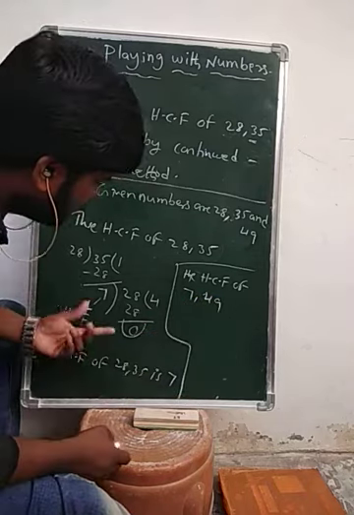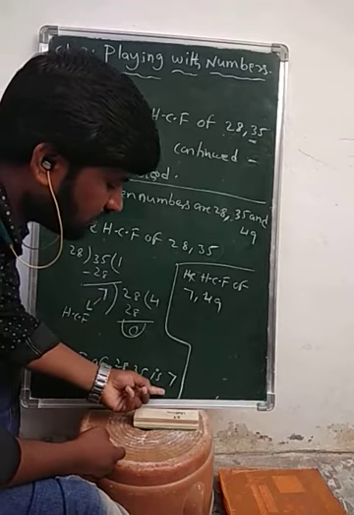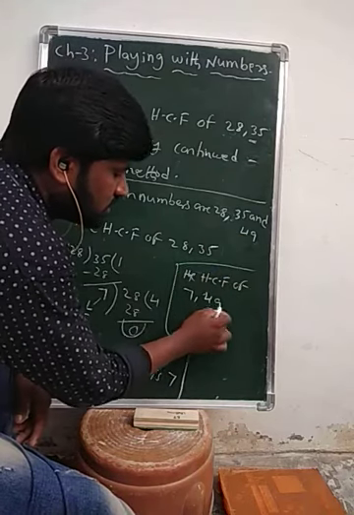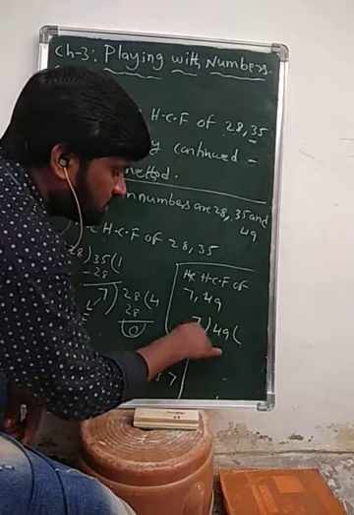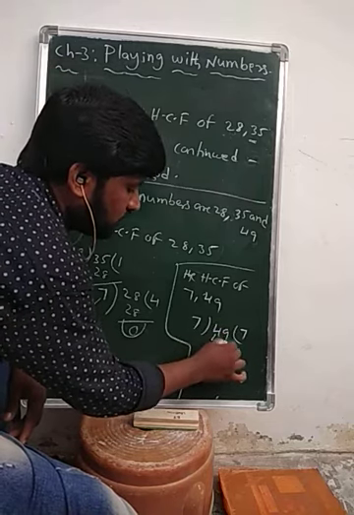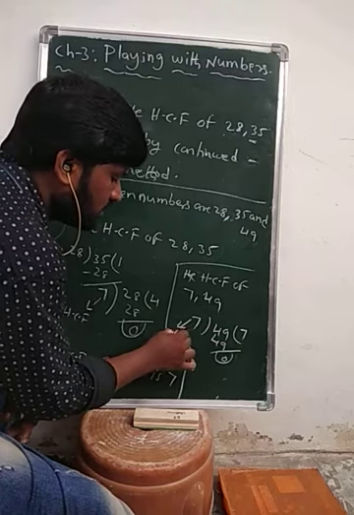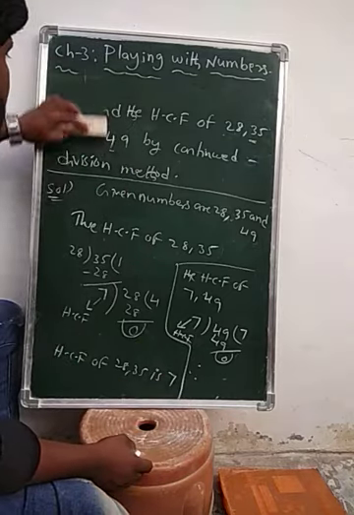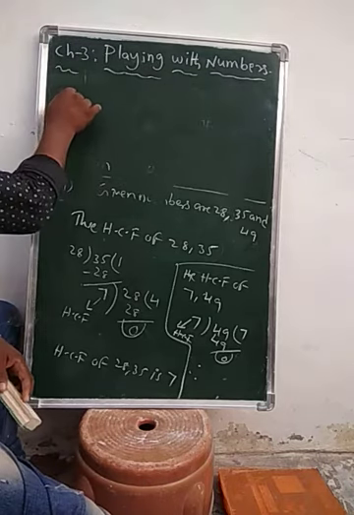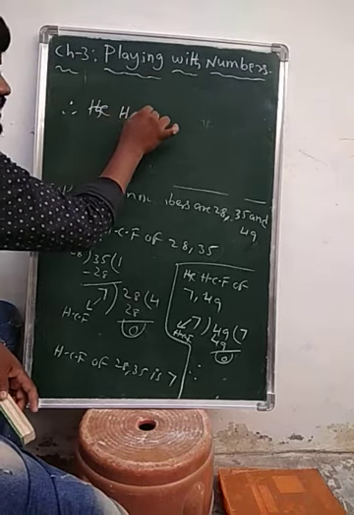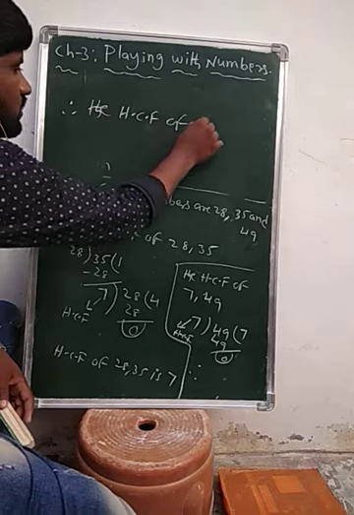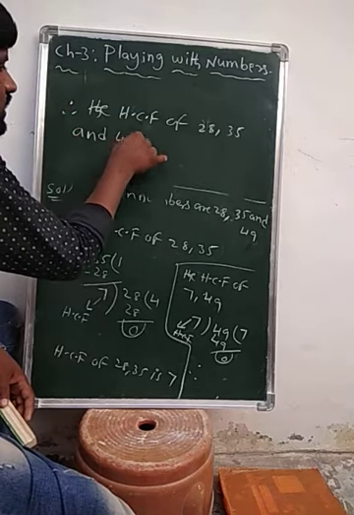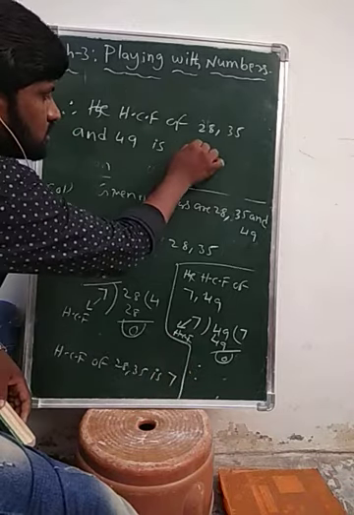In the next step, when we find the HCF of these two numbers, I get 7. For this 7, the remaining third number 49 is there; find out the HCF of these. So this is the bigger number. I am dividing by 7. Okay, 7 sevens are 49. So the remainder is 0. So this is the last divisor. Clearly, therefore, we can say that the HCF, highest common factor, of 28, 35 and 49 is 7.